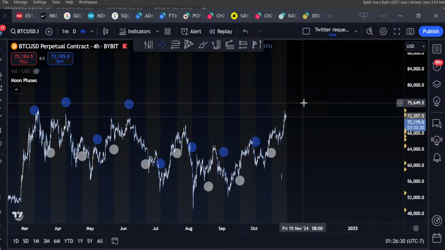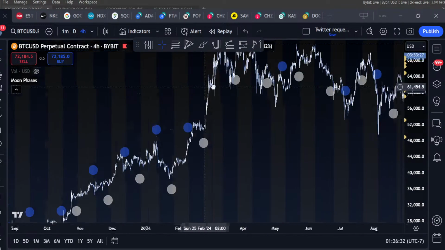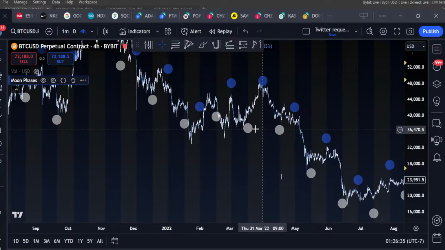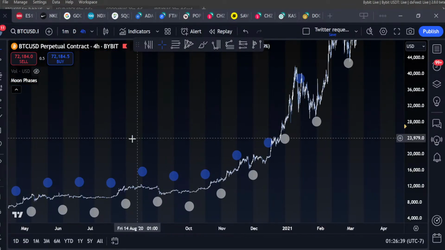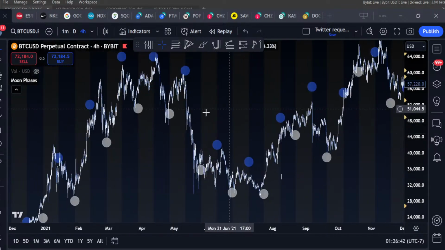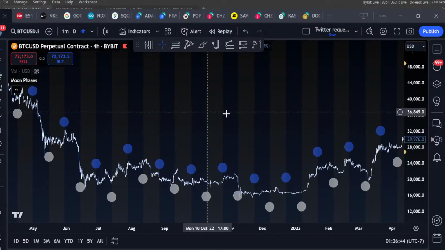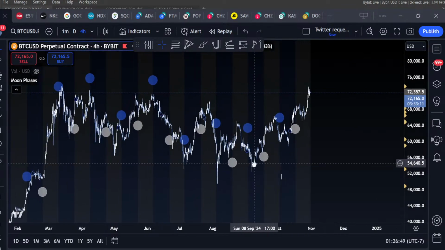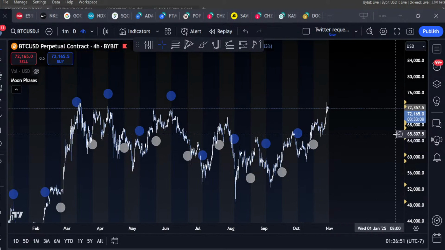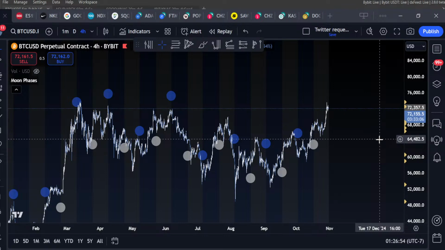But what you should have when you're backtesting all of this is an expected result. You should say, okay, I know that if I take 40 trades based off of this system that I've just created off of moon cycles, my result should be something like this. This many wins, this many losses, with an expected value of this. My max drawdown should be this, I should win about this many trades and lose about this many trades. This should be the average risk-reward of my trades.